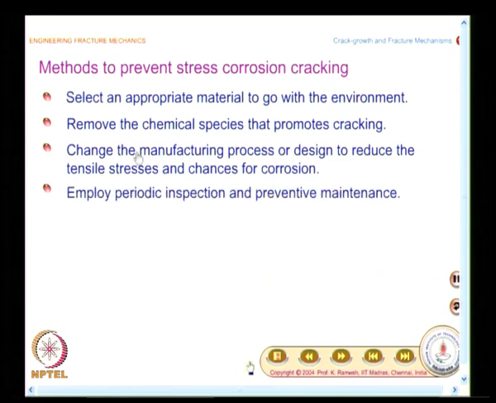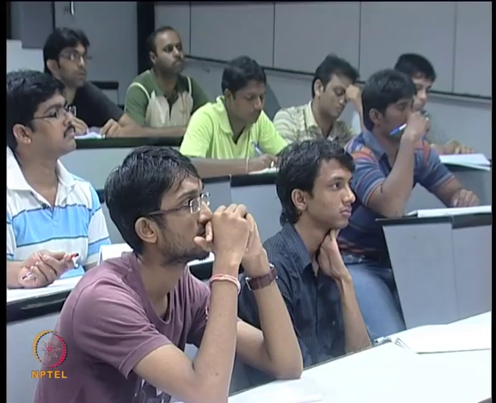This is very important. With all this, go for periodic inspection and preventive maintenance. This is very important. The moment you come to a damage tolerant design approach, you have to do periodic inspection. There is no escape from that. They go together. Then we move on to the next